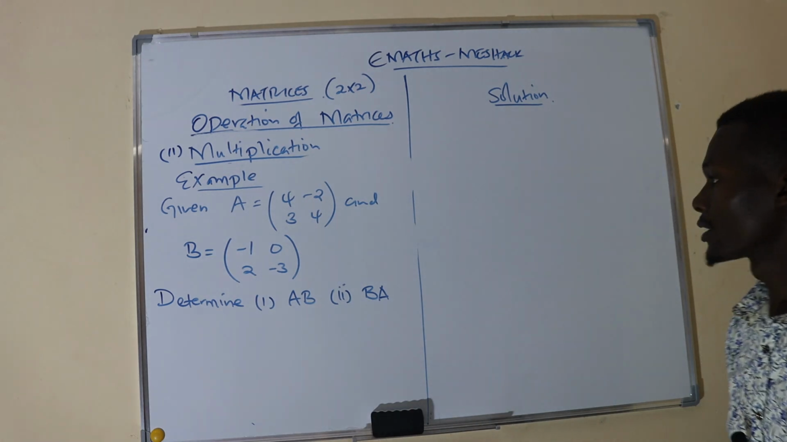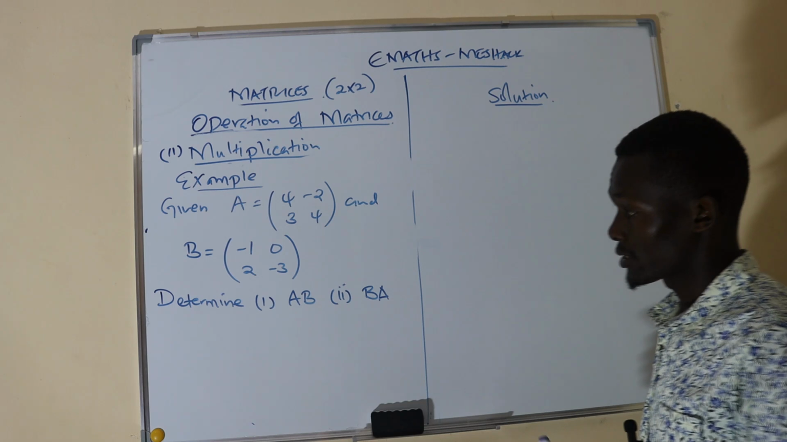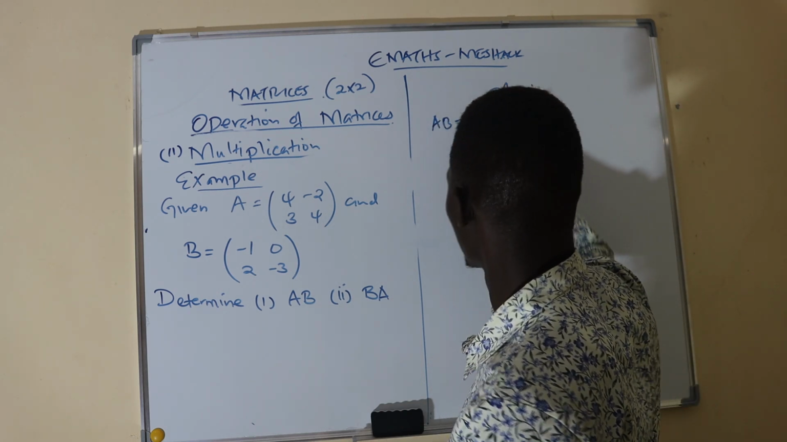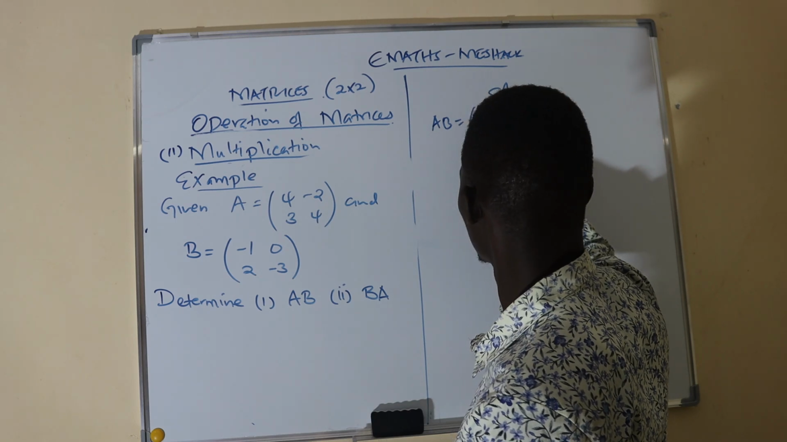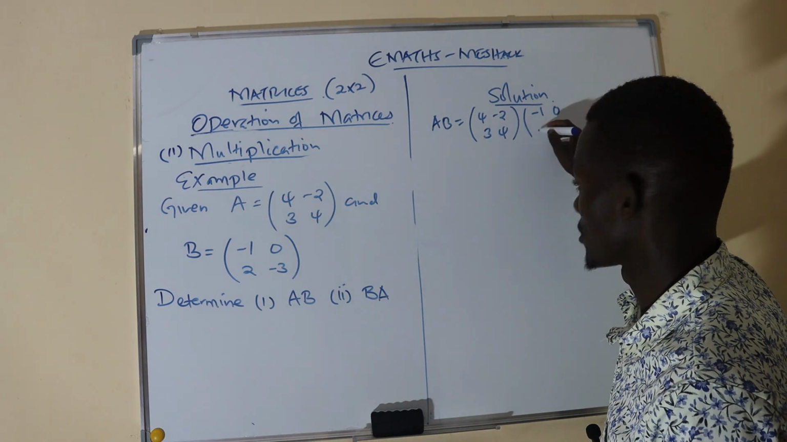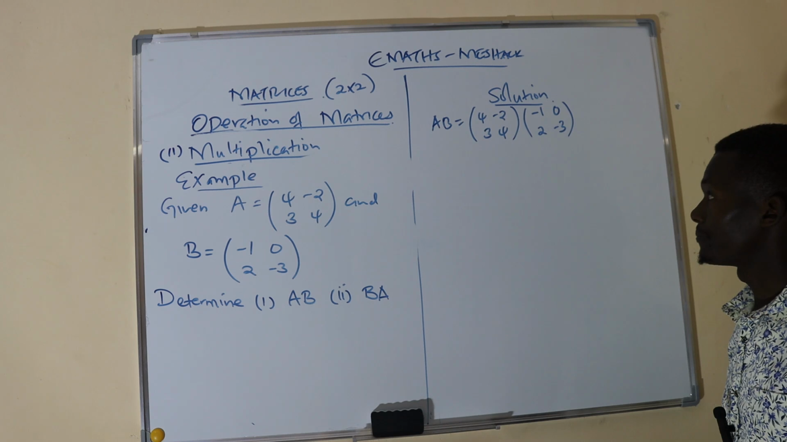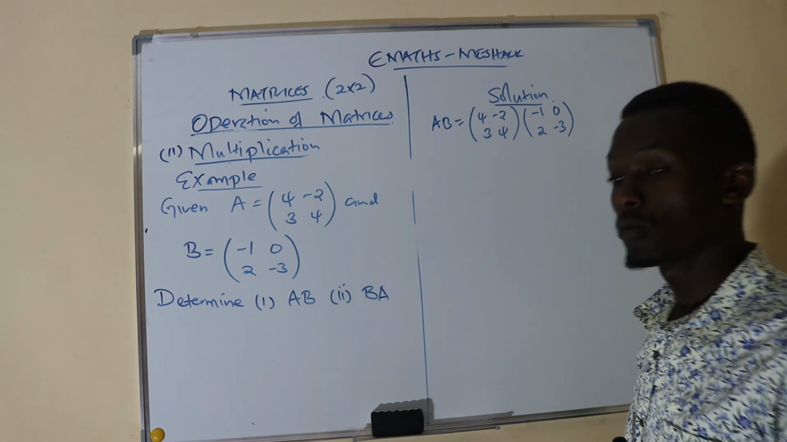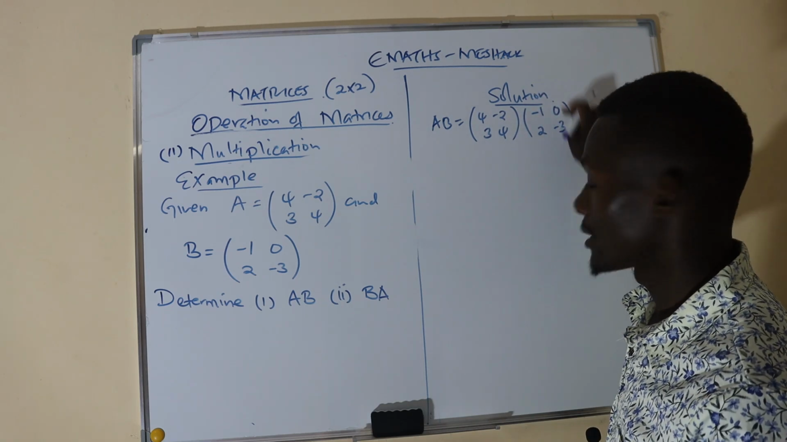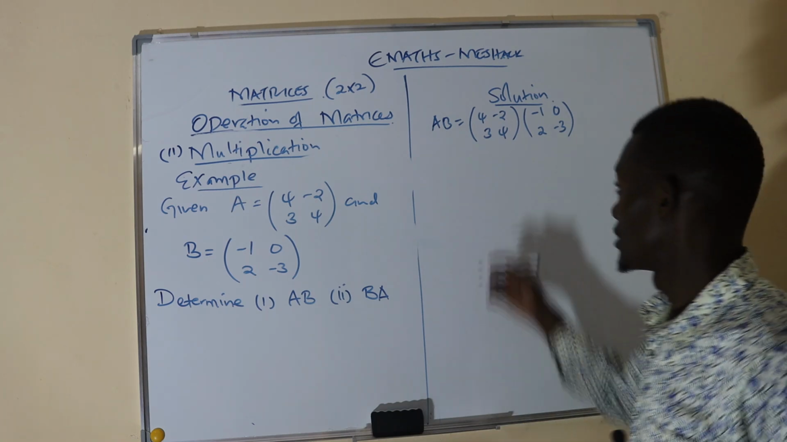So the solution. Now, when it comes to multiplication, we said again you multiply the row and the column. So we can have AB, which is 4, -2, 3, 4. Then we have B, which is -1, 0, 2, negative 3. So we are multiplying the row by the column. The first row multiplies with the first column, then the second, then you add the numbers. So we shall have,